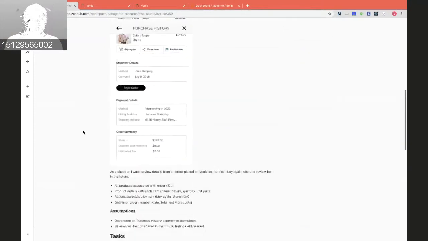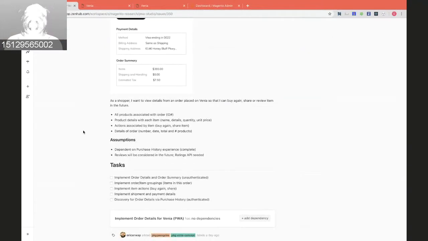With order details, this is really what we're trying to do. In terms of the story, from a shopper standpoint: as a shopper, I want to view details from an order placed on Vinya so that I can buy again, share, or review an item in the future. The types of information that you would expect to see here are that all products themselves will be,